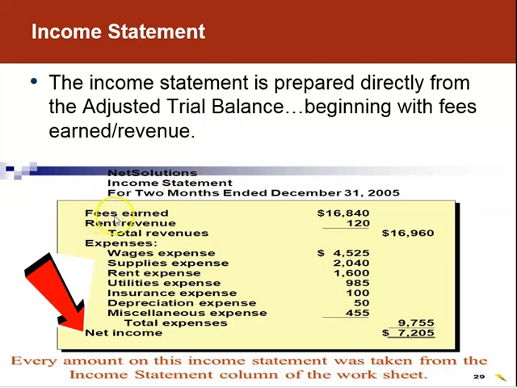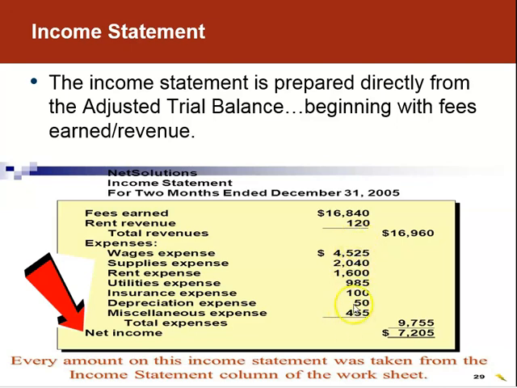So if I were to do that, I would look at the adjusted trial balance for Net Solutions, the company we've been looking at. And I would find that fees earned are $16,840, and that we also had that rent revenue that we earned of $120. So we would have total revenues of $16,960, and then I would just simply pick up each one of these expenses right off the trial balance, and I would plot it here